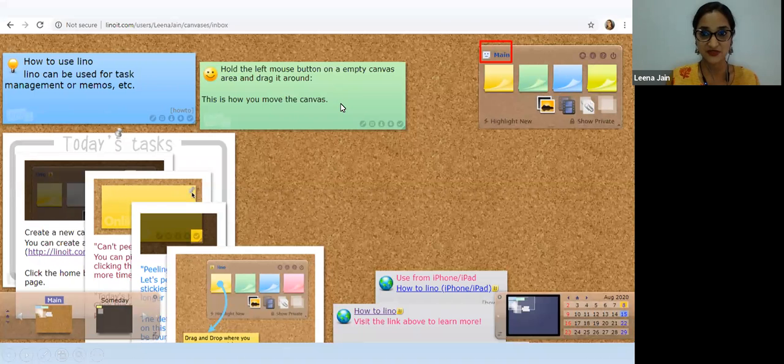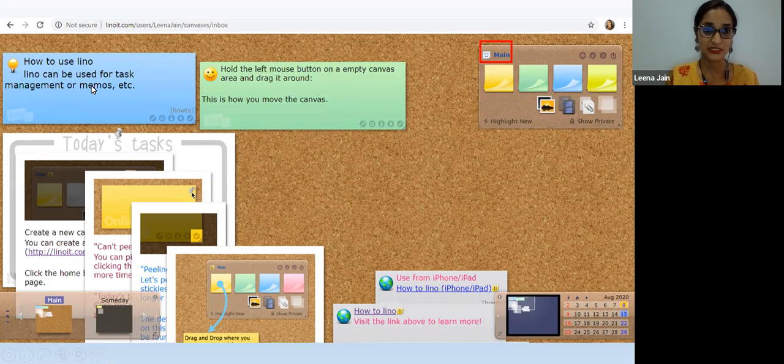So what happens in your main canvases, we will see. This is your main canvas. When you go to the main canvas, this is how it is going to look. You will have multiple options, including various types of sticky notes. You can see the colors of the sticky notes. Then you will see various small icons that we are going to use, and I'll show you how we can use them and how we can take ideas from the students. So we will see it as we move further step by step.